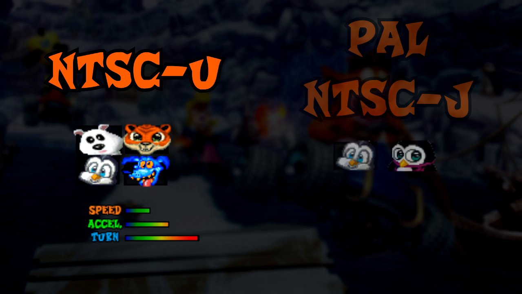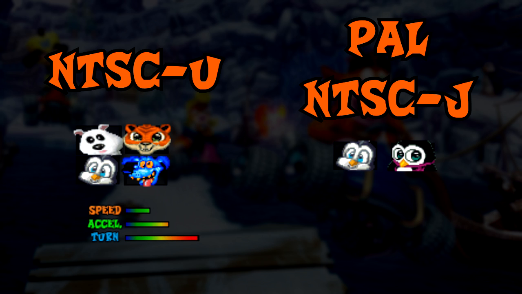Now, we have the PAL, the European version, and NTSC-J, the Japanese version, where Penta has max speed, like Dingodile, and max turn, like Polar. I won't go deeply into acceleration in this video, because it's pretty useless and it can be ignored here. Acceleration is useful when you need to start driving when your speed is 0, to get your car going, like when moving through the hubs in speedruns. But not for races, since you get the initial turbo from the start line. But even in speedruns, it's really not that much of a deal, so...